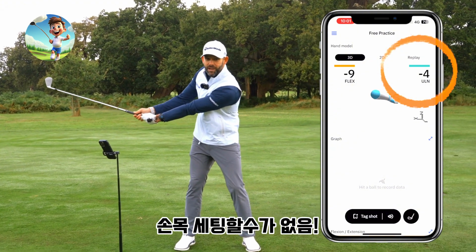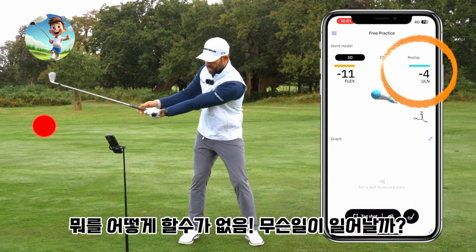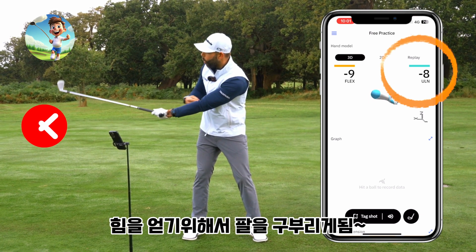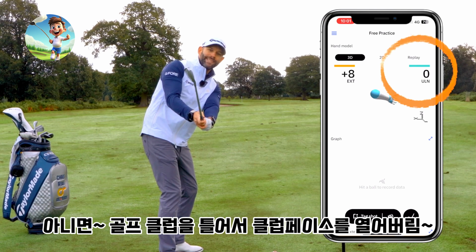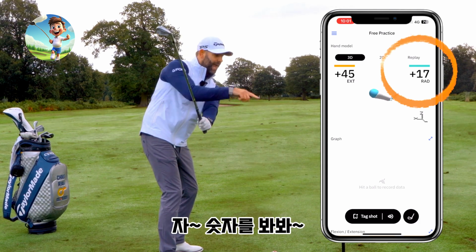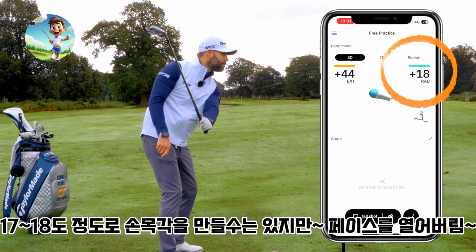Guess what? I can't set my wrist because I've got nowhere to go. So what happens is we start to either flex that lead wrist to get some sort of power, or we start to twist the golf club open to get ourselves a little bit more leverage. You can see now we've got that number up to sort of 17, 18, but I had to open the